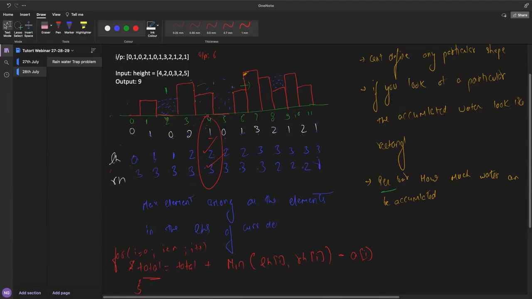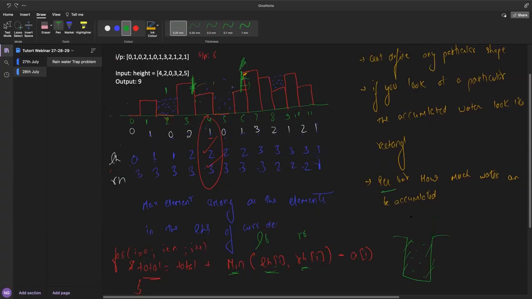Cool. So, as I told earlier also, this left hand side greatest element is creating your left side boundary, and this right hand side greatest is creating your right side boundary. So water can be held between these two boundaries only, like a container. If you imagine a container, how does a container hold some water? Because of its left and right boundary. That's why we have taken the left hand side greatest element and right hand side greatest element. This becomes the left boundary, this becomes the right boundary. Why have we taken minimum? Because water can stay till the minimum edge only.